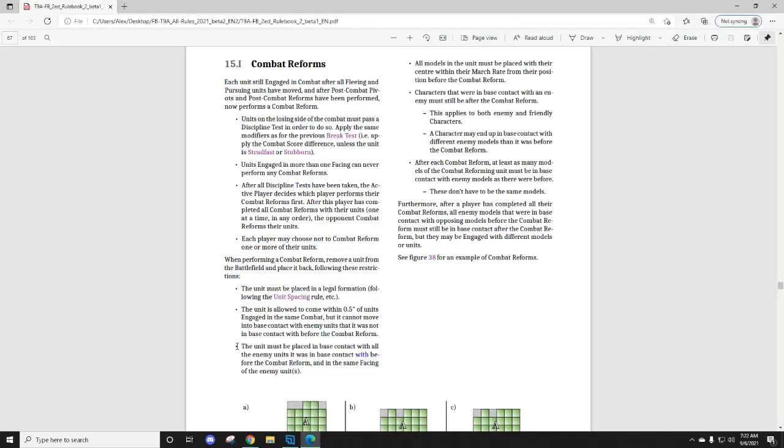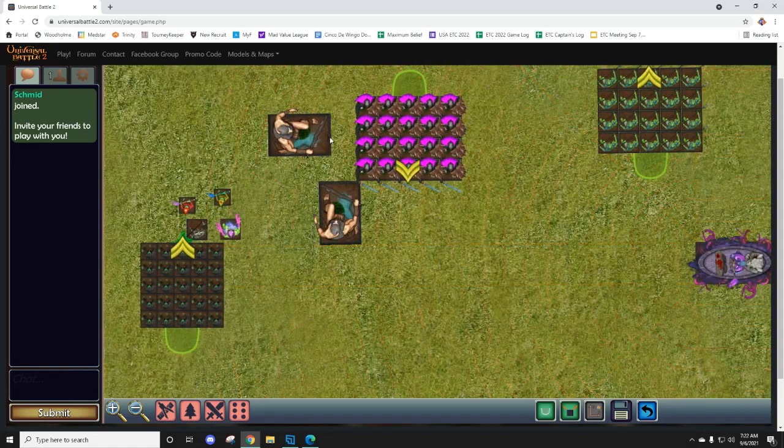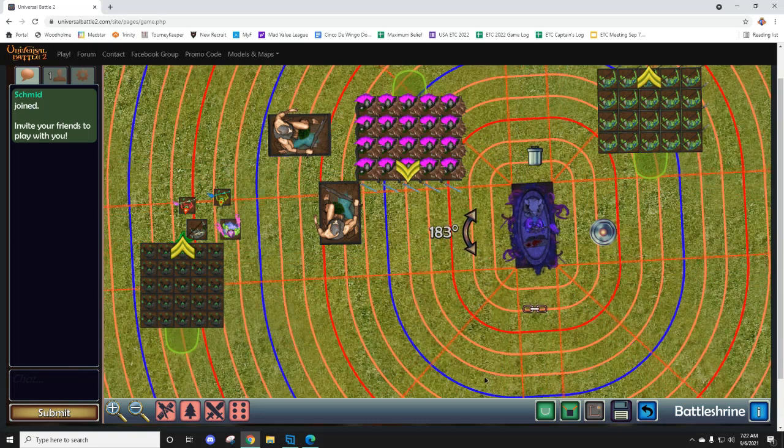The unit must be placed in base contact with all enemy units it was in base contact with before the combat reform and the same facing of enemy units. Okay, so this is where it starts to get really deep. The unit must be placed in base contact with all the enemy units. That's easy enough. You have to stay touching the units you were touching before. Normally that's pretty simple because it's just one-on-one combat reforms. Where this could get tricky,